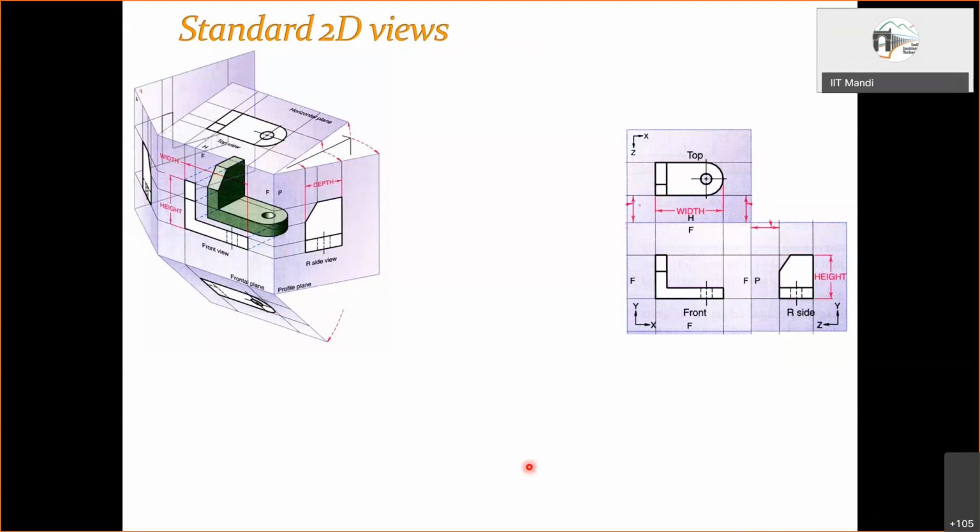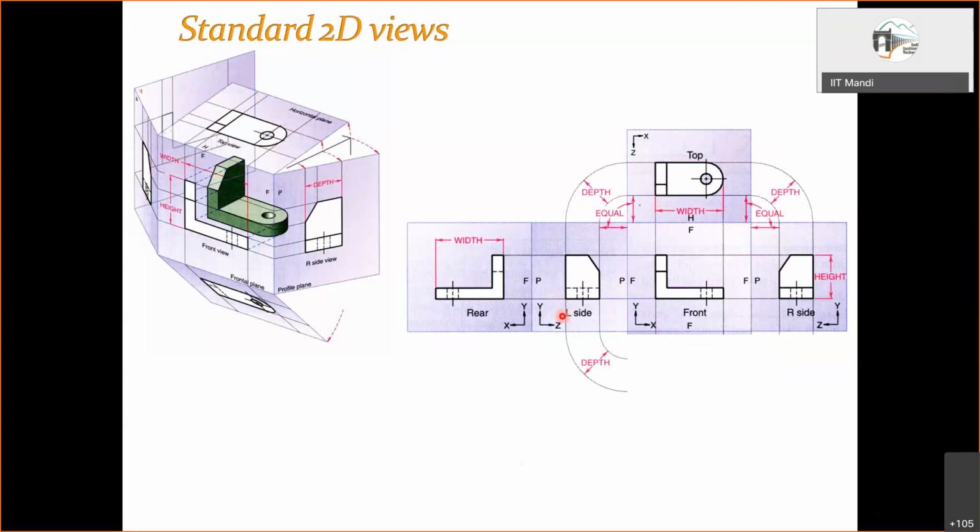Here we have the right side view. Then you have the left side view on this side, and the rear view also. And then below you have the bottom. So this apparently gives you all possible views of an object, right? If you consider the planes all around it. Later on, you will be learning software, and then you will have different views. So all these possible views you will be able to get.